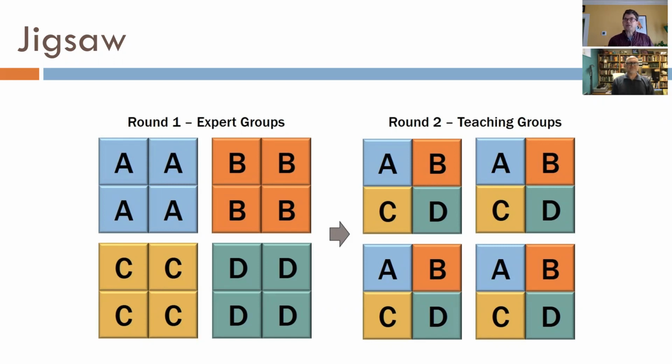So perhaps the best way to describe it is through an example. If you look at the slide here, you see that there are 2 rounds, and in the first round, we have students divided into 4 different groups. Let's imagine that your content for the day was 4 different articles that they were to read. So what this allows us to do is to divide students into these 4 groups, A, B, C, and D, and each of these subgroups become an expert in a different article. So all of the students in group A read article 1, all the students in group B read article 2,